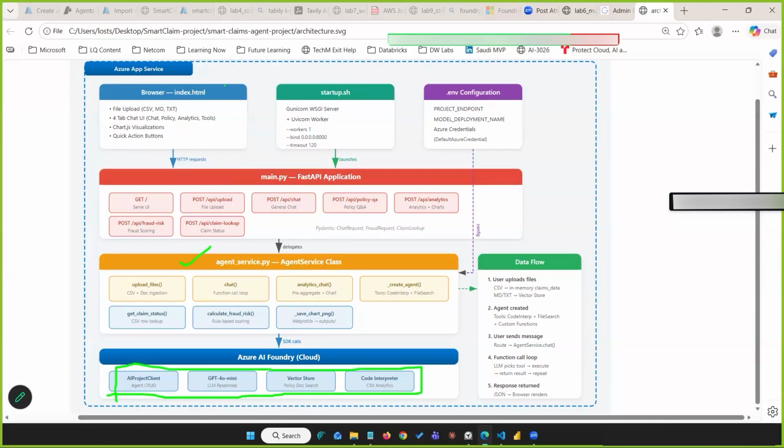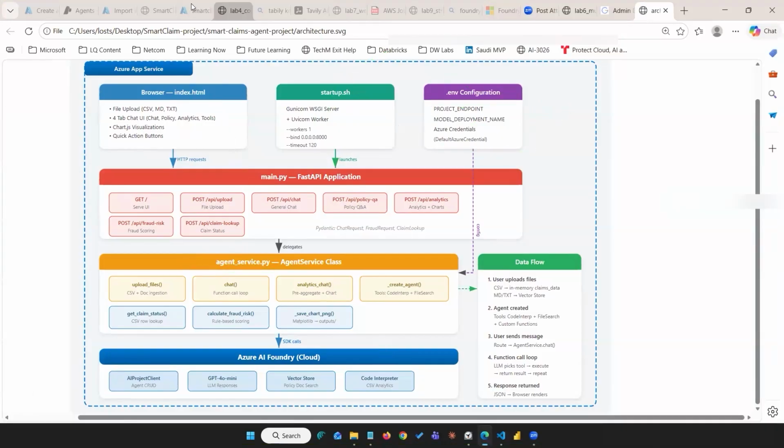To keep it simple, to run this Python script, we are making use of Foundry. What is basically happening is, to connect the Python script to the index page, we are creating APIs. This API is having a conversation with that Python script, and that Python script is directly connected to the Foundry. Then we are able to configure it on Azure using a startup script, and we have some environment configuration that is already available in Azure. So if I come up here,